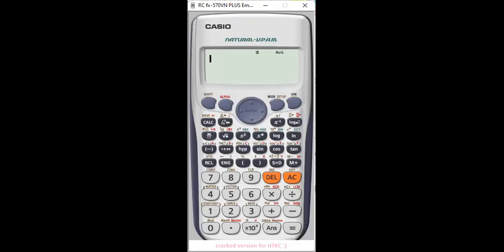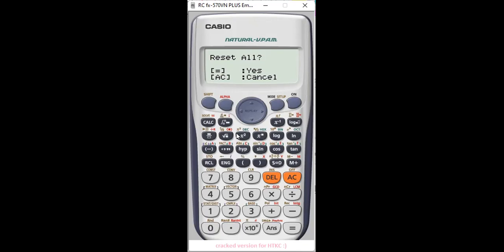Here it is. Before solving this problem with the scientific calculator, first we need to clear the calculator. So how to refresh the calculator? First we need to push the on button. This is the on button, you are watching it. Then press shift, then we have to press 9. The screen will show clear. One is for setup, second for the memory, and third for all. We are interested in clearing the full data of the calculator, so we will press 3.